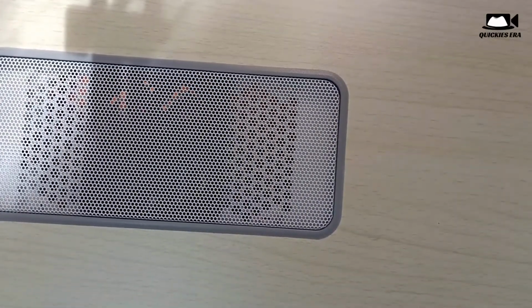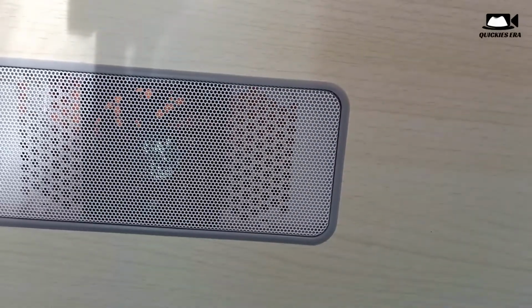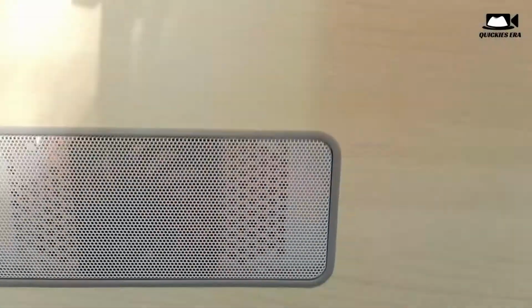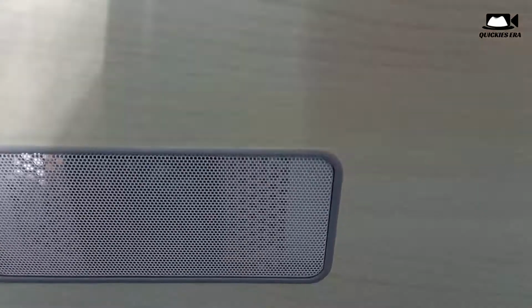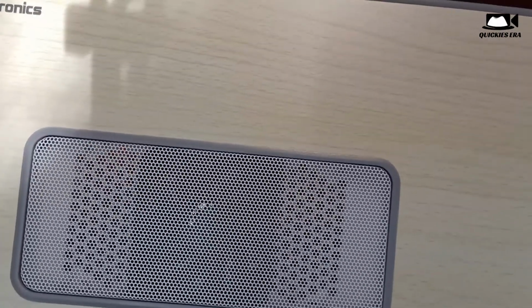So I will show you the fan. So this is the fan vent. It is very useful for a laptop which produces a decent amount of heat. It won't cool your laptop to freezing, but it will circulate the air at least. So this is the tilt I just talked about. You have to open this lever and you can tilt it in 3 angles. As you can see,